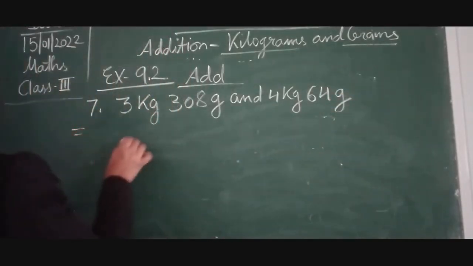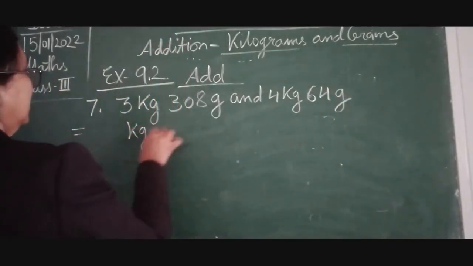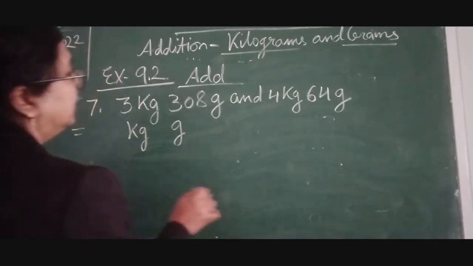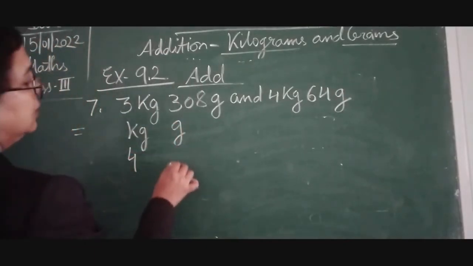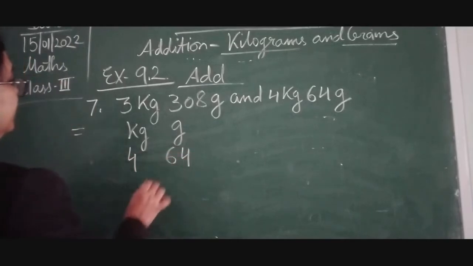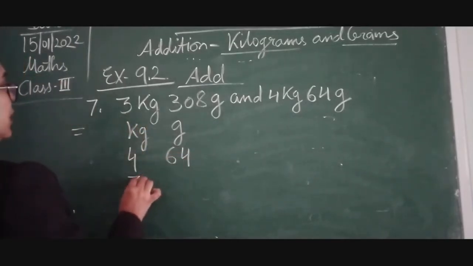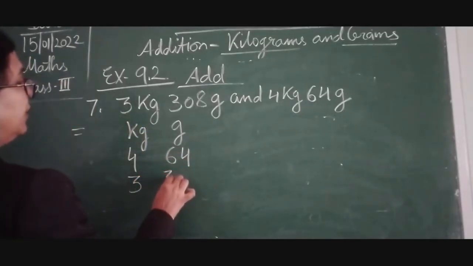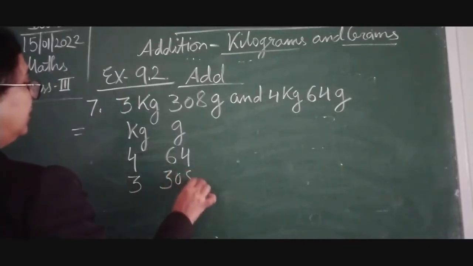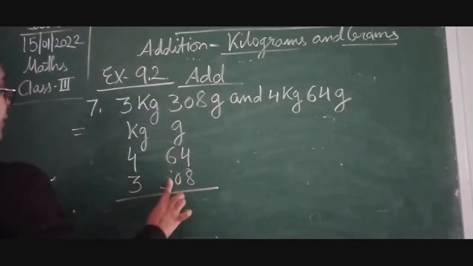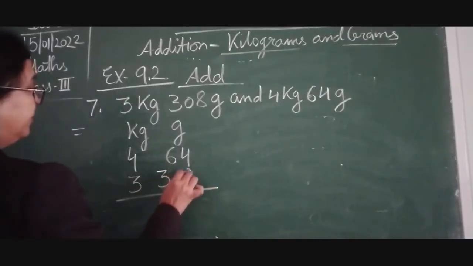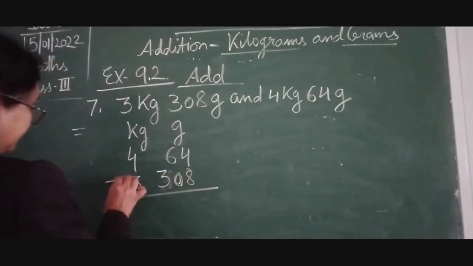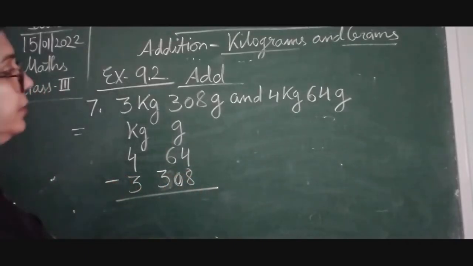Now here we will do kg and gram. Now 4 kg 64 gram. Now here 3 kg 308 gram. So children, always remember, that is, if it is written over here,